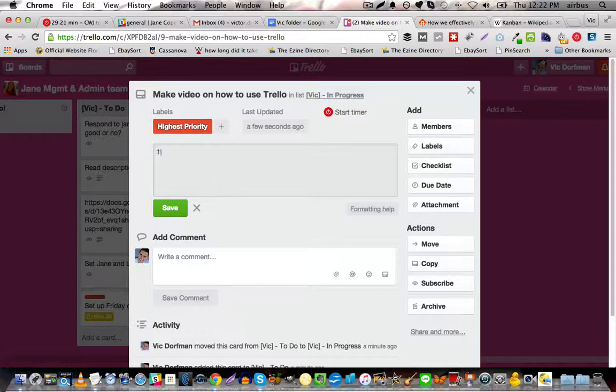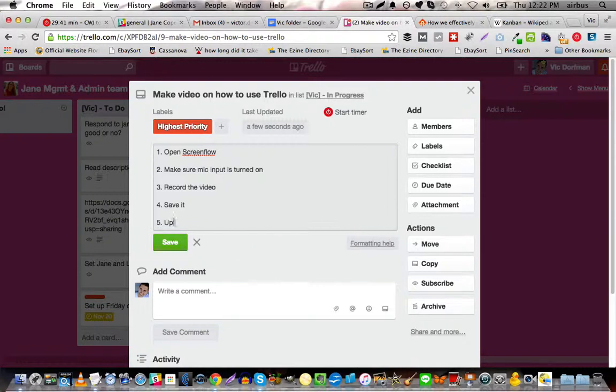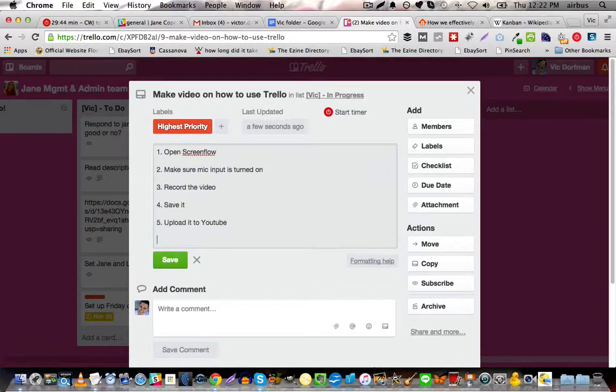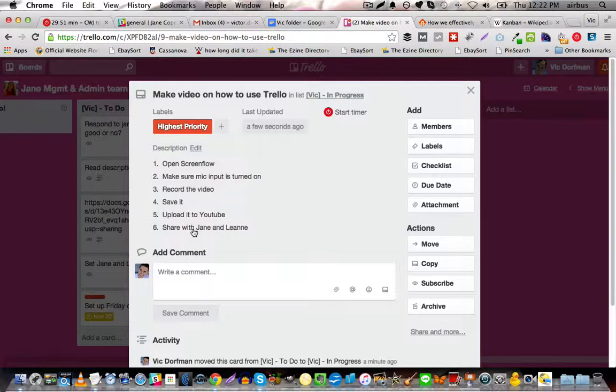So for example, I'd say 1, open ScreenFlow, 2, make sure input is turned on, microphone input is turned on, 3, record the video, 4, save it, 5, upload it to YouTube, 6, share with Jane and Leanne. And click save on that. What we can actually do is, if a particular card is very sensitive to error